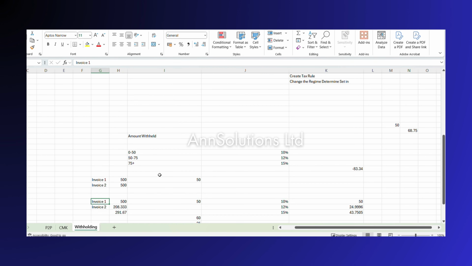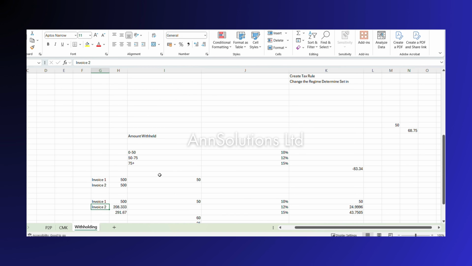So what exactly happened on invoice one? It's straight away calculated based on 10% because it's within the tolerance. So it calculated 50, and this is what exactly we got, 10%. Now, because we are holding this amount or accumulating this amount period wise, this line has been exhausted. That means when you're creating the second invoice, it cannot go into this first bucket at all actually, because the 50 has been exhausted,